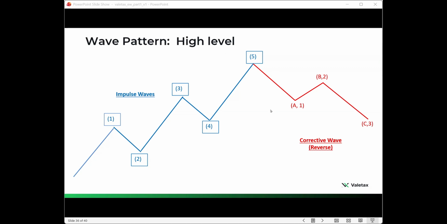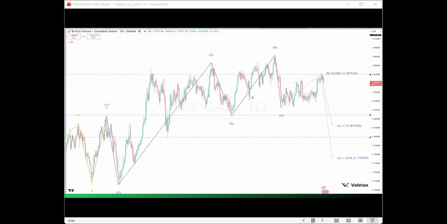What I trade and look for is a reversal. Okay. So this is going to be a top here, or it could be a bottom for a bear scenario. And now what you're looking for is, I'm not looking for this to be an ABC pattern. I'm actually looking for a reversal of this Elliott wave pattern. So I want this to be a 1, 2, and 3. And that's what I'm looking for, a reverse Elliott wave pattern for me to trade. Okay. So let's go through that with you.